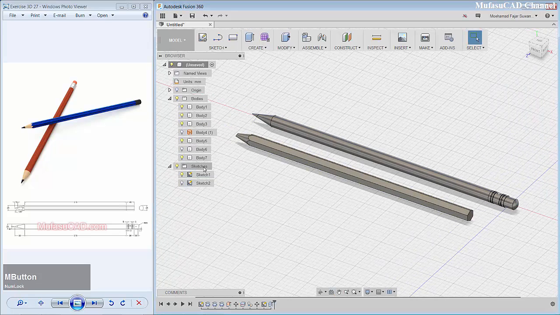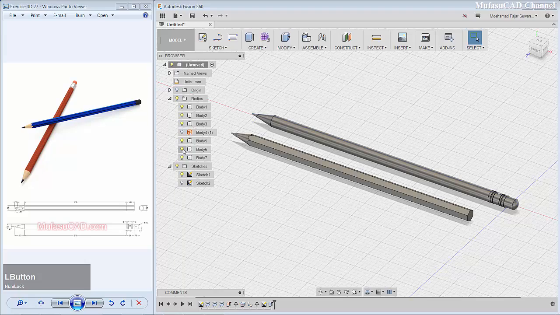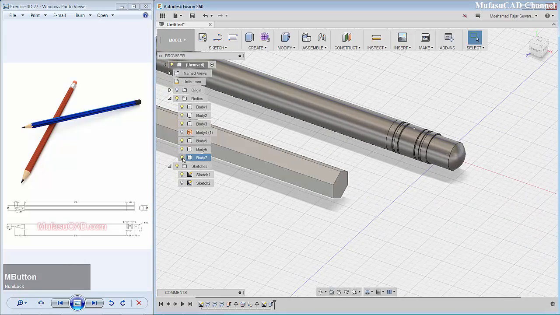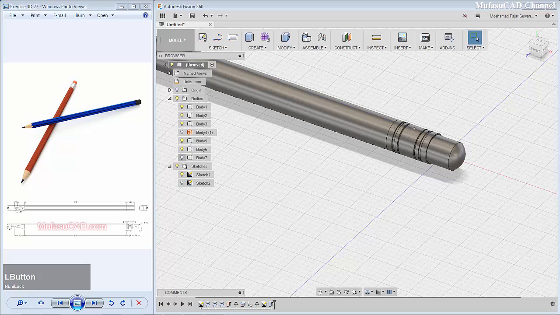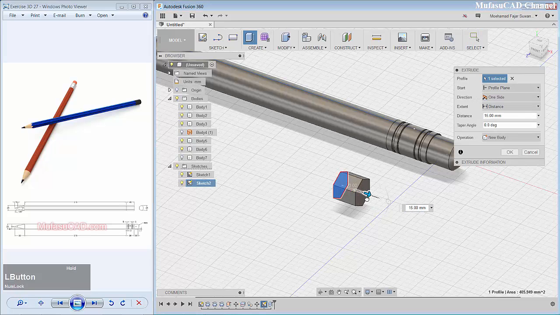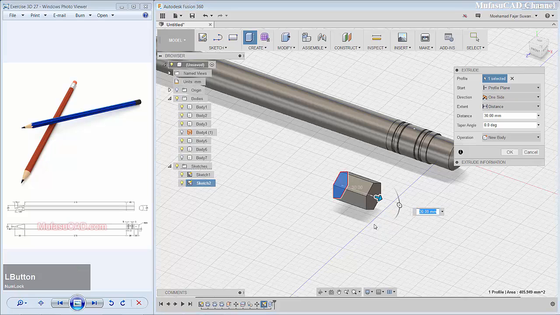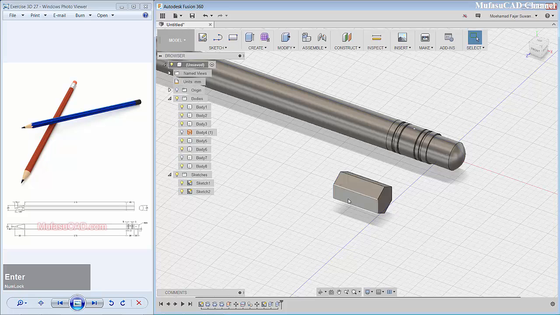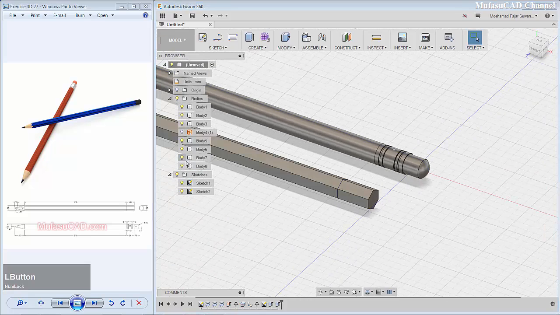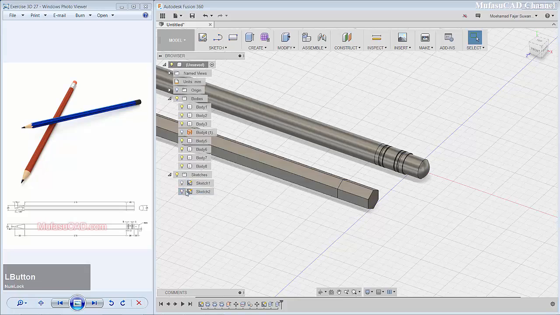Okay, you can unhide body 6, and then I will hide body 7. Now unhide sketch 2, and we extrude this object to this direction about 40 and enter. Okay, next unhide body 7 and hide sketch 1 and sketch 2.